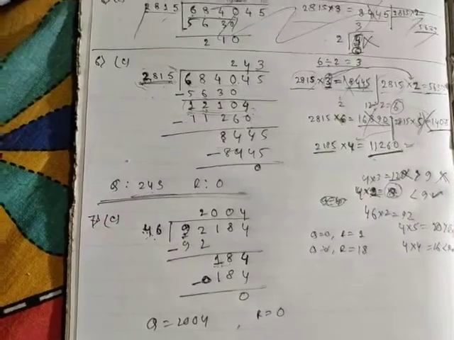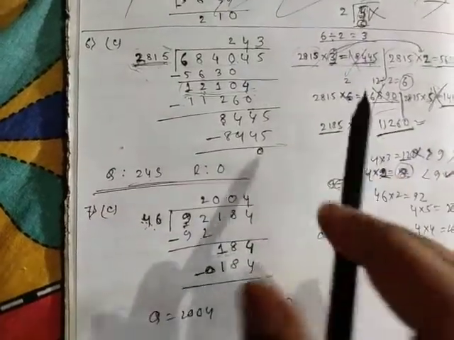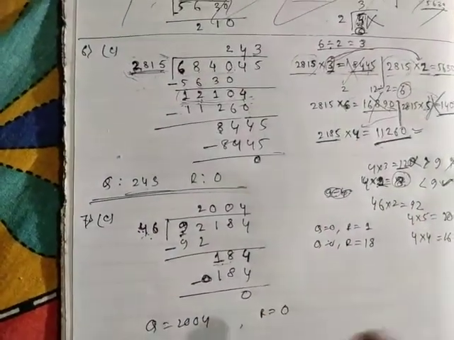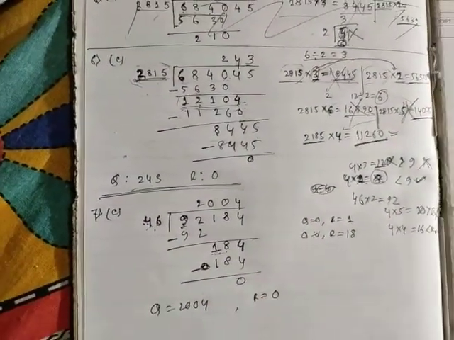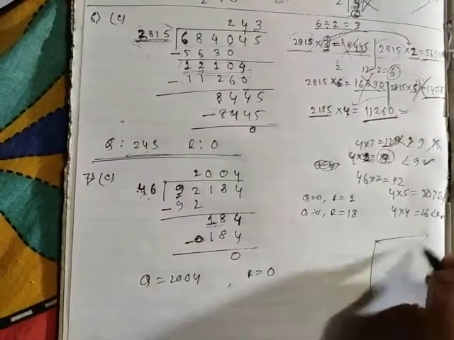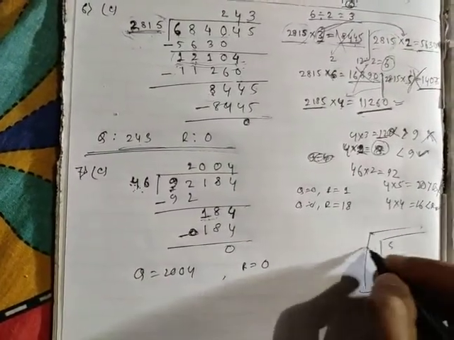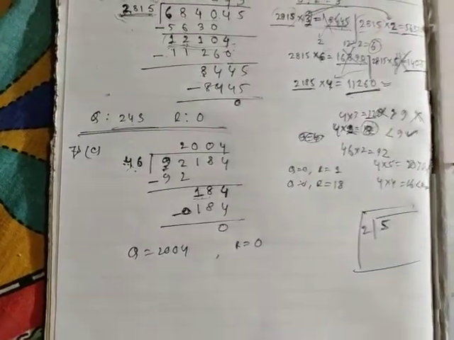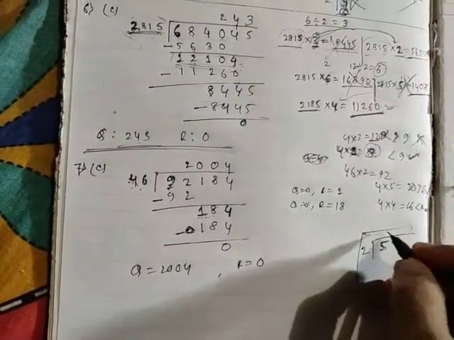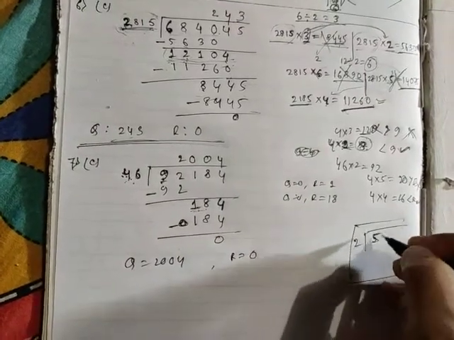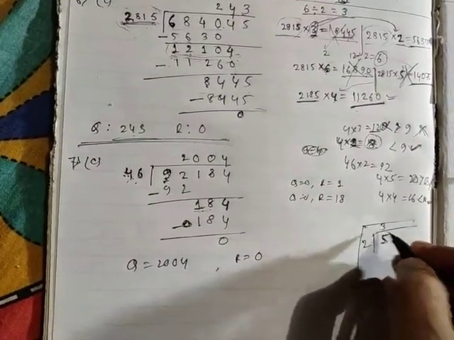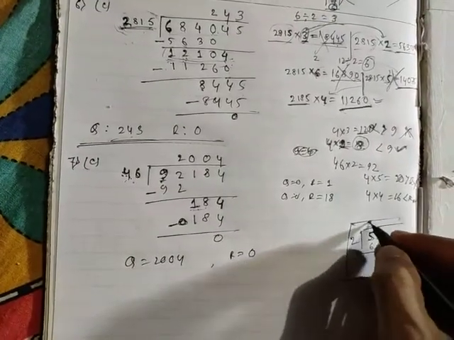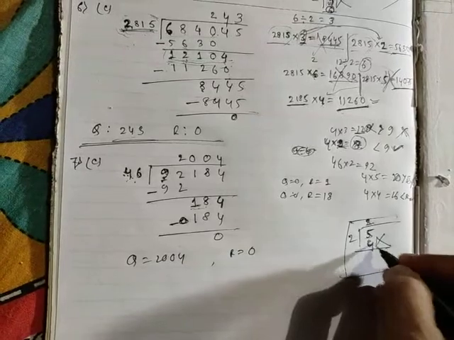Again, as I have discussed earlier, the multiplication must be less than or equal to the divisible number. Suppose, for example, 2 is the divisor, 5 is the divisible number which I have to divide. So if we do 2 into 3, we will get 6. Is it possible? This is not possible. But if we do 2 into 2, it will become 4. So then it is possible.